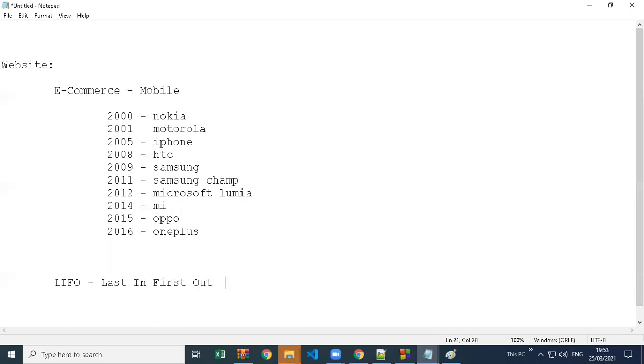So this is actually a memory structure. You have to create a memory structure like this. When you store the data in your array, because it's your array now, linked list, it's your array. So you have to ensure now that you have the facility of last in, first out.